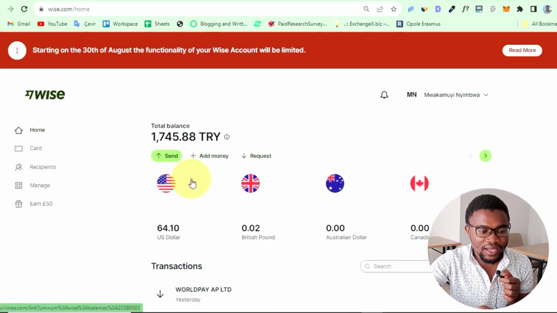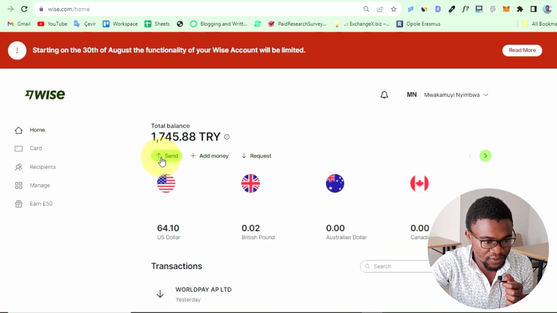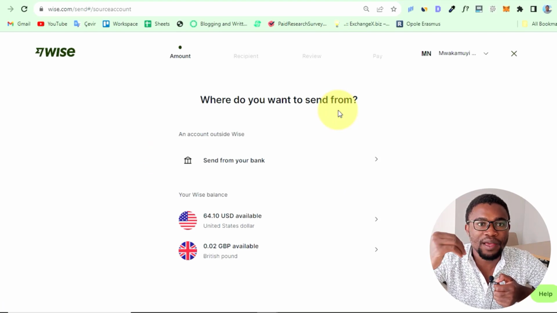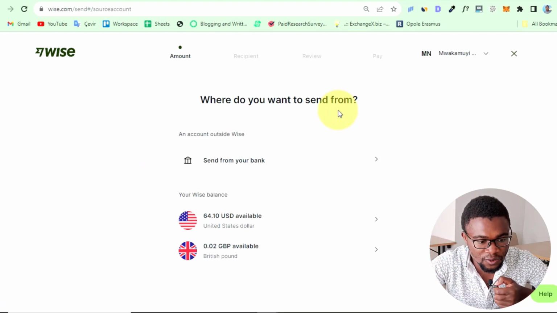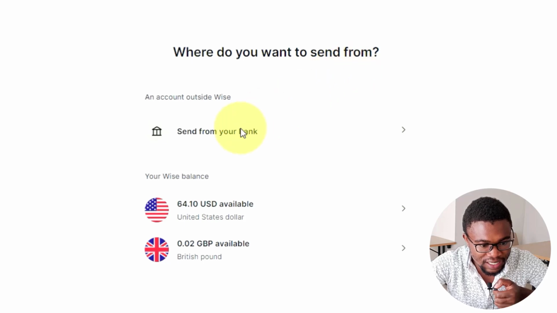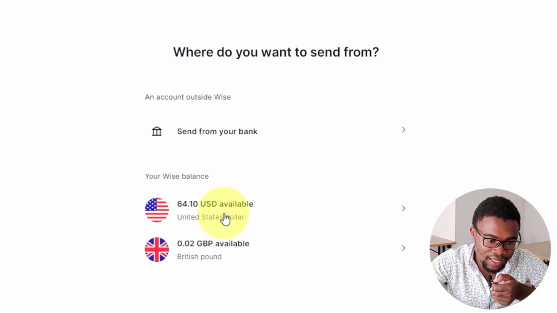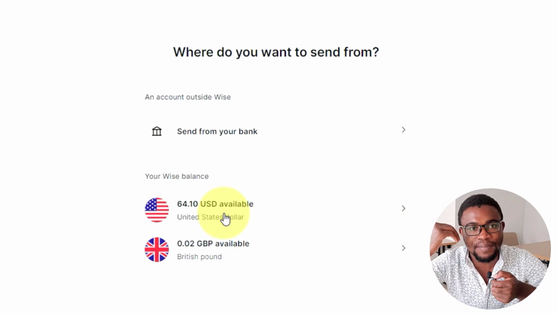So in order to send money, all you need to do is press on send over here. When you are on your home page, just press on send. Here you're going to be provided with different options to pay for this money transfer you're about to make. You can send money directly from your local bank account, or you can use your Wise balances. If you have money on Wise, you can just use that money to send it to another person's